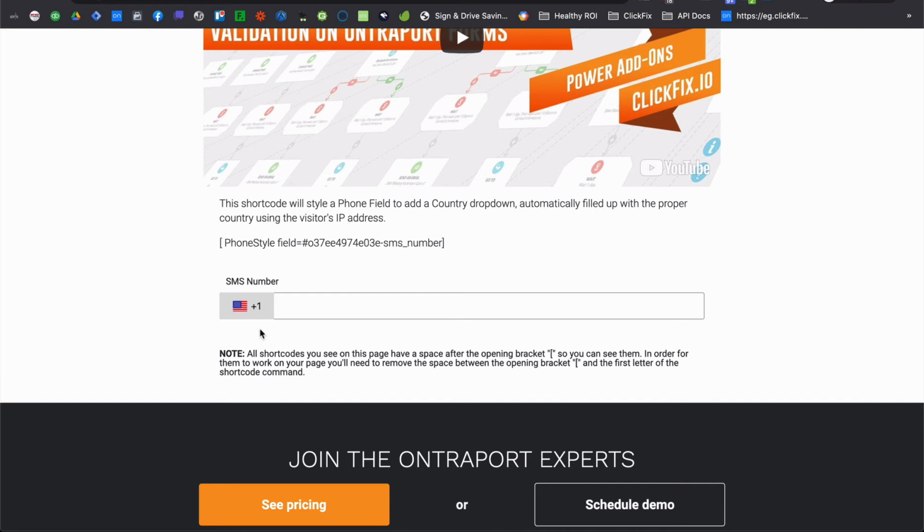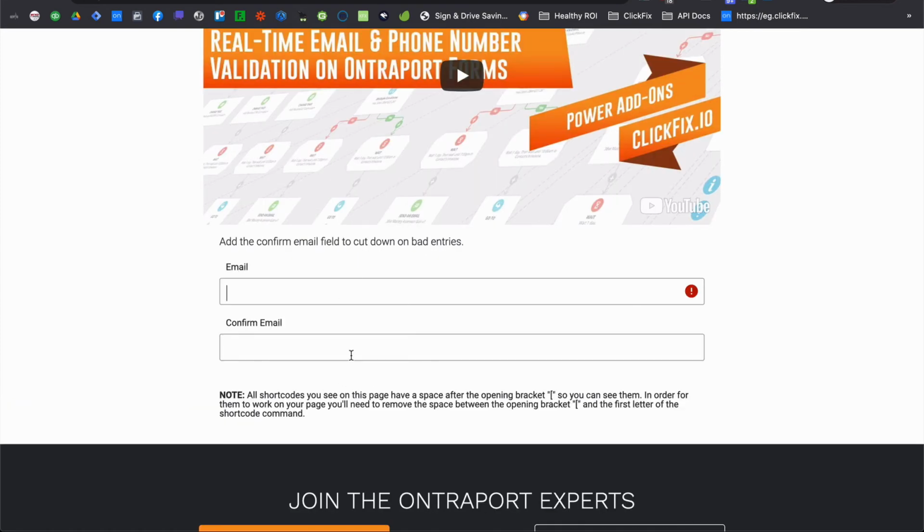And sometimes it doesn't match for whatever reason, or sometimes it can default to where your account is set up. So this is just another visual cue for somebody to make sure that they're giving you the right phone number. Now again, this has the same kind of problem as the confirm email field. This doesn't actually stop them from putting in a fake number